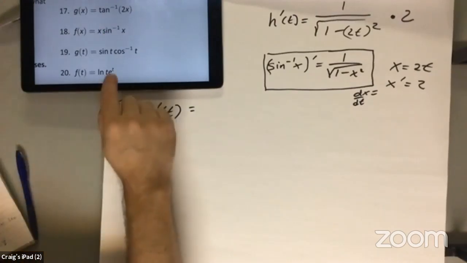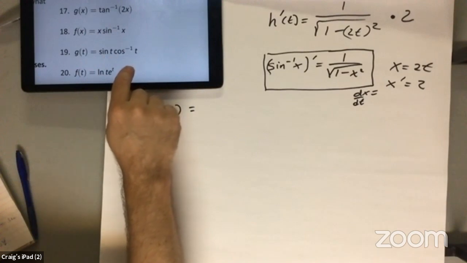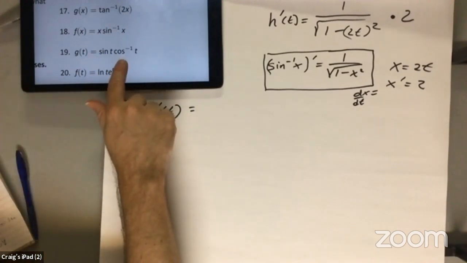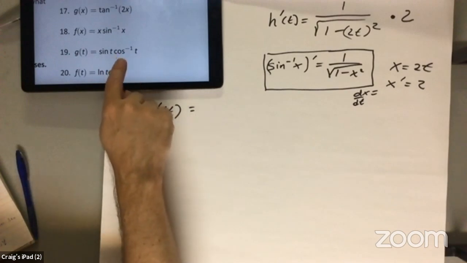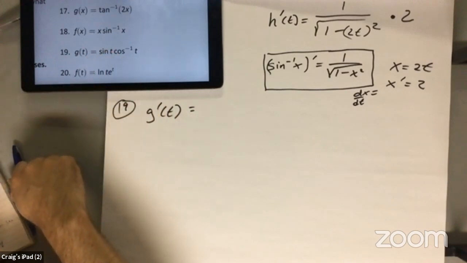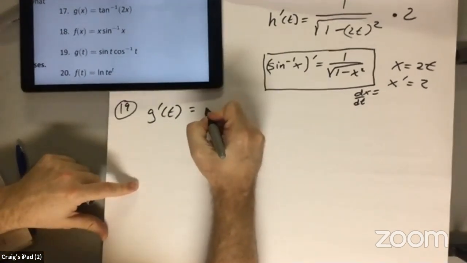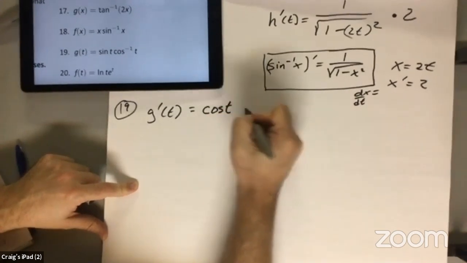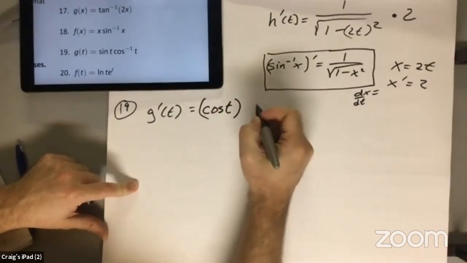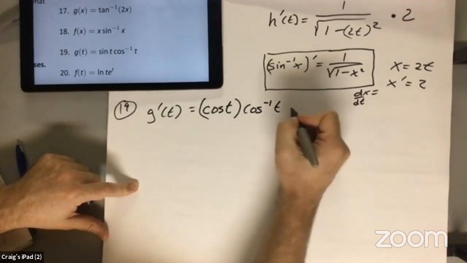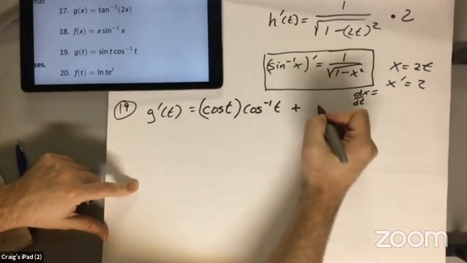So when I differentiate sine of t times inverse cosine of t, I'm going to use the product rule. So I'm going to differentiate the first one, leave the second one alone. Then I'm going to differentiate the second one and leave the first one alone. And so if I differentiate the first one, the derivative of sine is just the cosine of t. And then I leave the second one alone, cosine inverse of t. And then I have to add